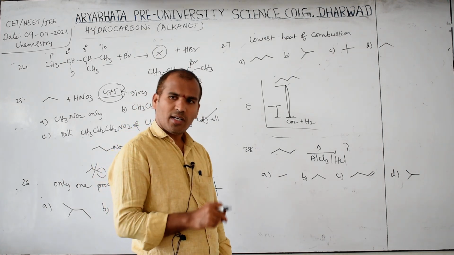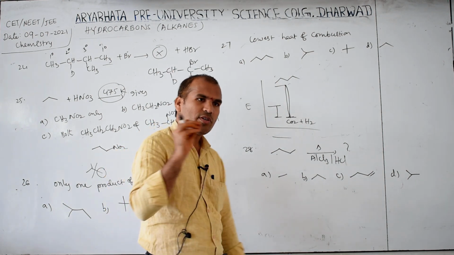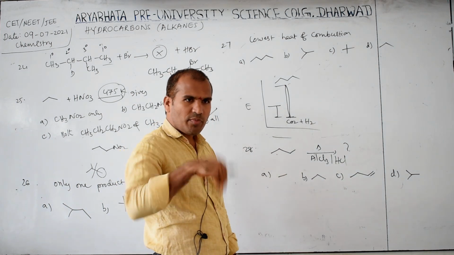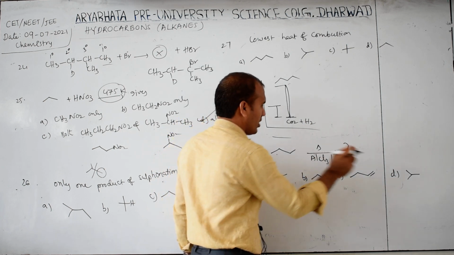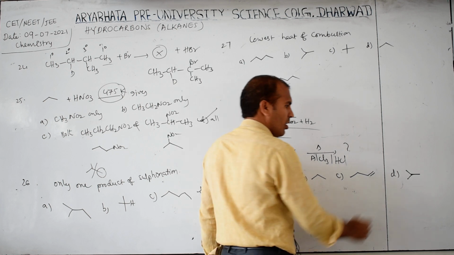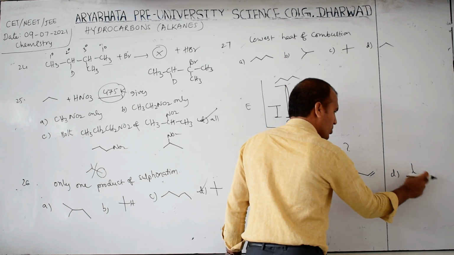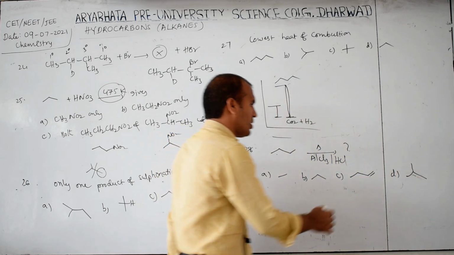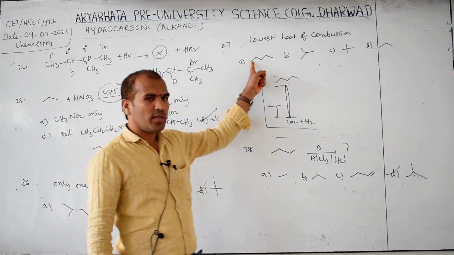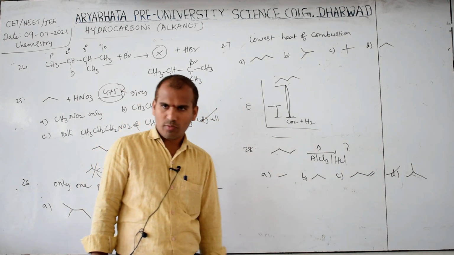You studied that this is in the alkane chapter. This is an isomerization reaction. Straight chain converted into branched chain. How many carbons are there? Next, branched chain, which one? This is 1, 2, 3. This is a branch. Okay. Otherwise, you can write like this also. 1, 2, 3. This is a branch. Therefore, D option is correct. This is called isomerization reaction. Straight chains are unstable, branched chains are more stable. So they are converting to a more stable compound.